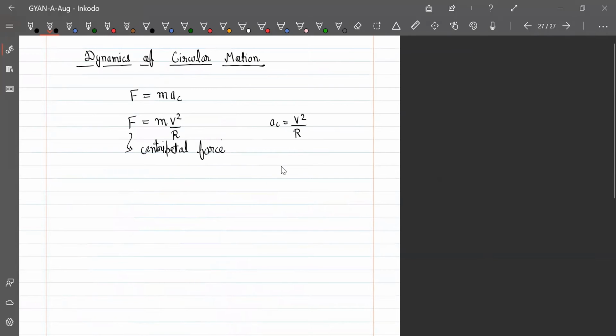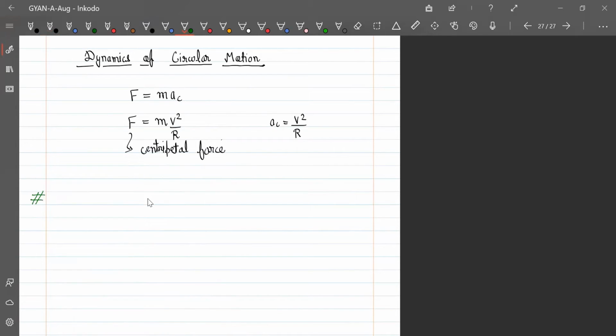All right. So in dynamics of circular motion, any object which is traveling in circular motion can have force which is towards the radius and force which is perpendicular to the radius. All right. So in banking of road, we have seen that it is a case of circular motion in which we have only the centripetal force, no other force. But let us suppose